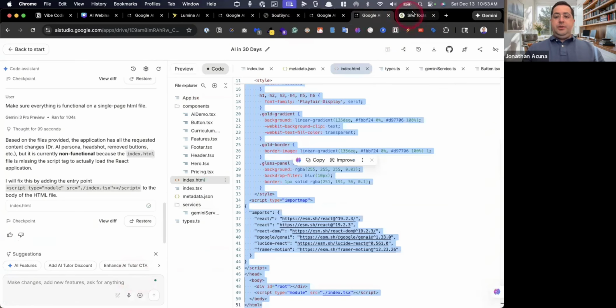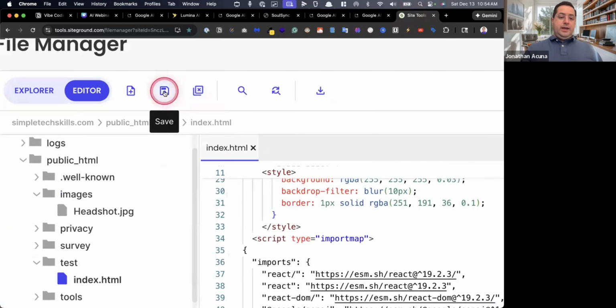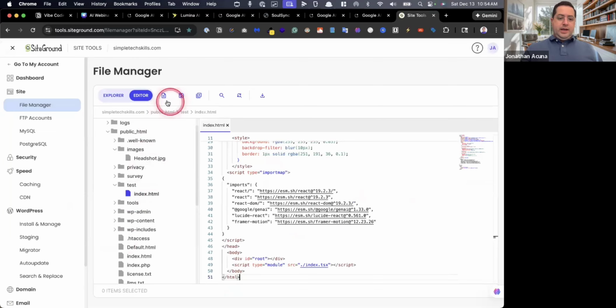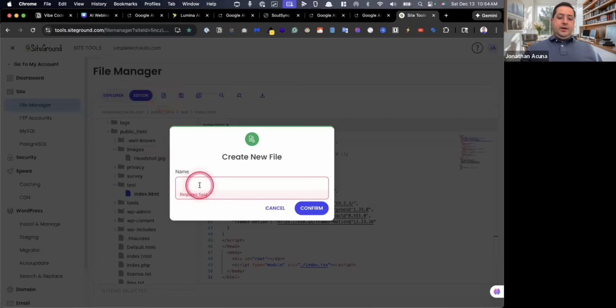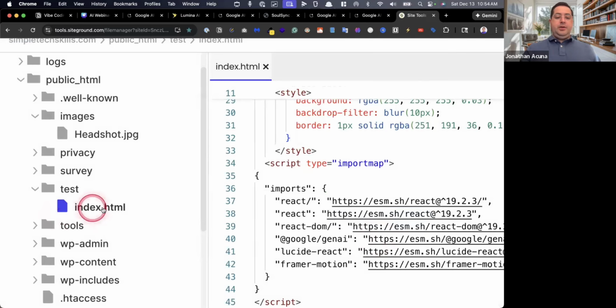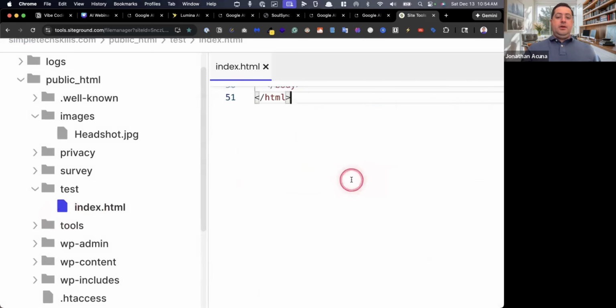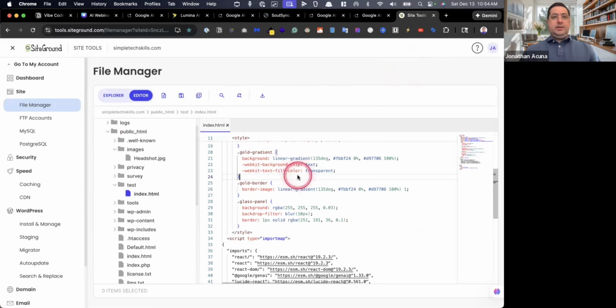The other thing too is inside Hostinger also has this. You can sometimes create, yeah, here, new file, and then you could call it index.html. I'm just going to do two, for example. And then from there, you can paste all this text there. And now, let's see, if I Command S to save,